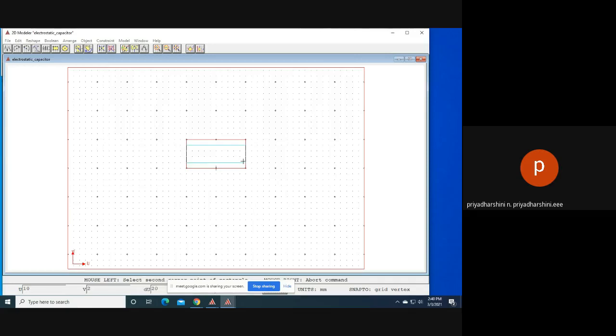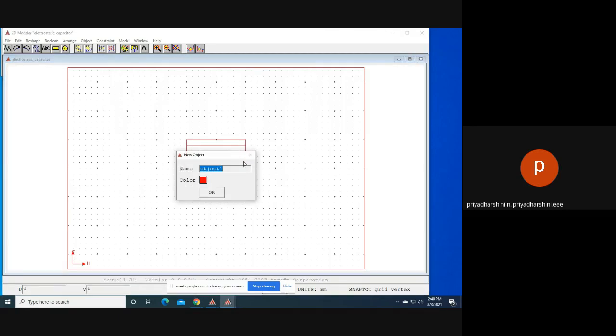Okay, so once you drag and give the final click, it will consider it as an object. This object tab is enabled when a closed object is created. If a closed object is not created, it will not be considered an object. Now I am giving this as my dielectric. I am changing the color to a pale color, or pale green.